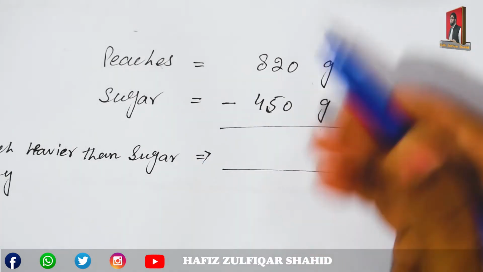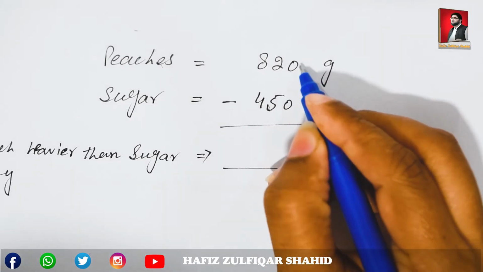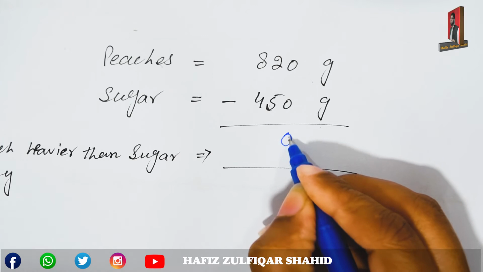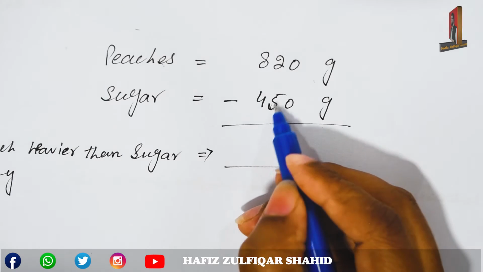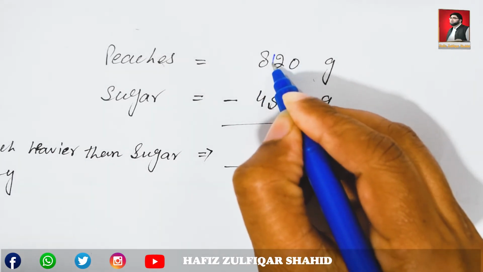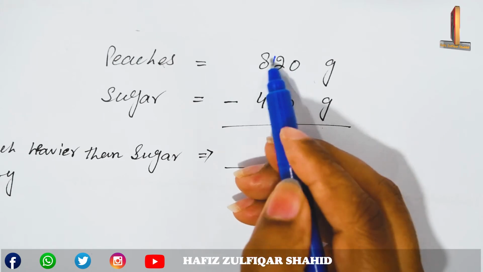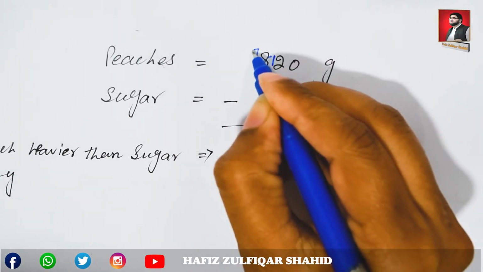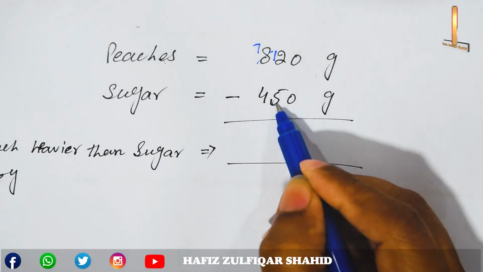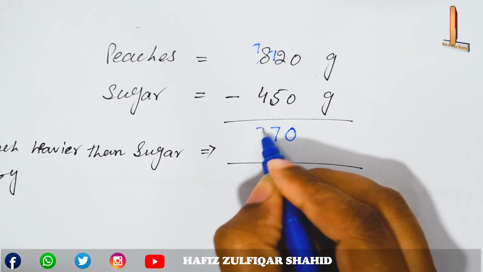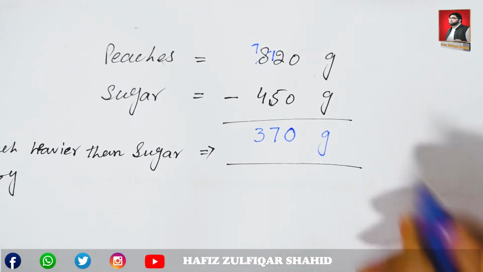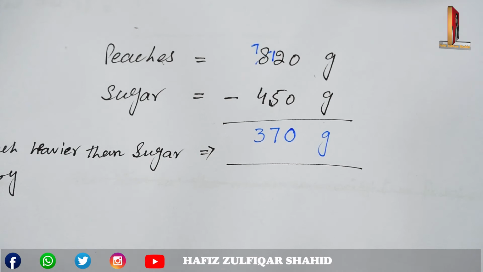Let's subtract sugar from peaches. The weight of sugar from weight of peaches, 0 and 0, its subtraction answer is 0. Increase the value of 2 as 12. Decrease the value of 8 as 7. Now subtract. 5 from 12 is equal to 7. 4 from 7 is equal to 3. This shows that 370 gram is the difference between peaches and sugar weight,